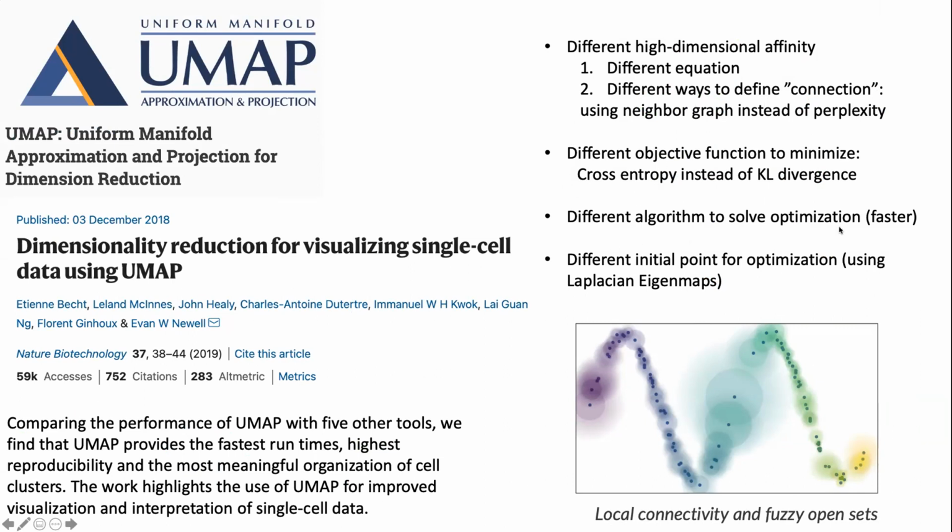They use a different algorithm to solve this, which is faster, and they use a different initial point for optimization, something called Laplacian eigenmap instead of PCA or other things for initialization. But anyway, the result is something like